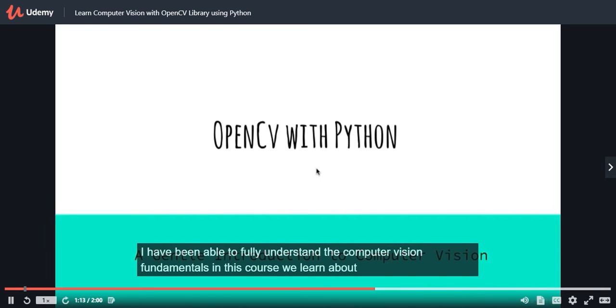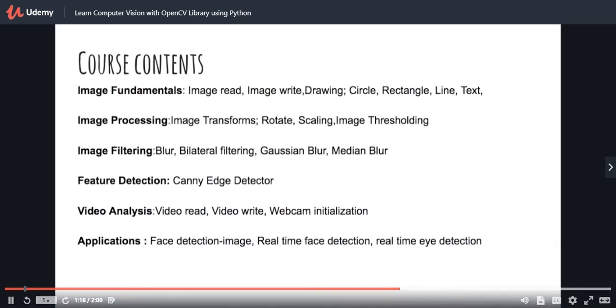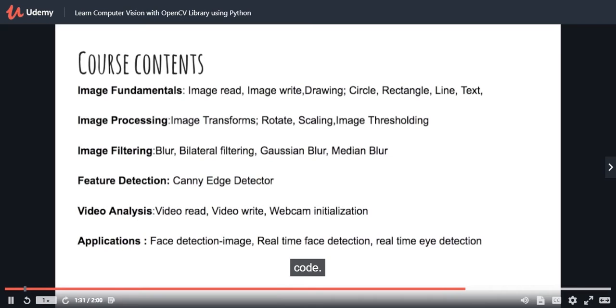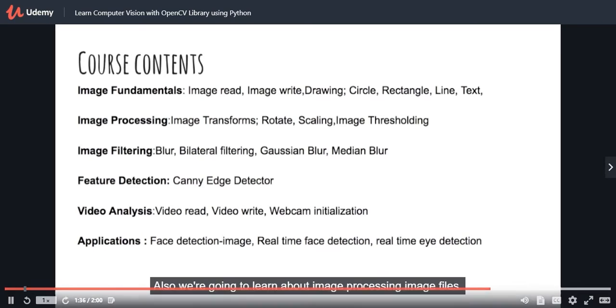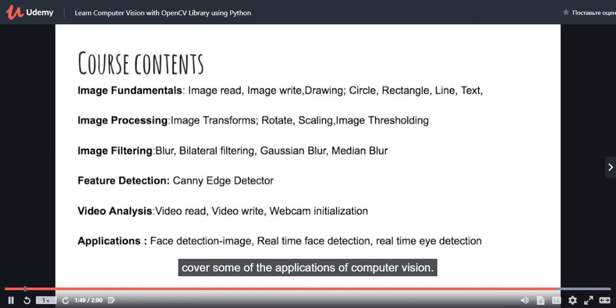In this course, we'll learn about image fundamentals, which will talk about how to retrieve an image from a working directory onto your screen with Python code. Also, we're going to learn about image processing and image filtering. Furthermore, we're going to discuss topics like feature detection, video analysis, and we're also going to cover some of the